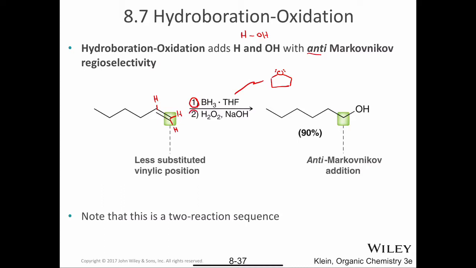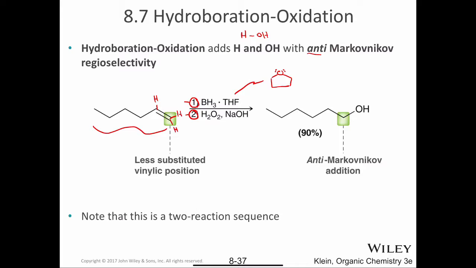And then in step two, you should recognize both of these, hydrogen peroxide and sodium hydroxide. So again, hydroboration-oxidation is a two-step process. First you would take the alkene, step one, you would treat it with borane and THF, and then in step two, you would treat it with hydrogen peroxide and sodium hydroxide to achieve anti-Markovnikov addition of water across that